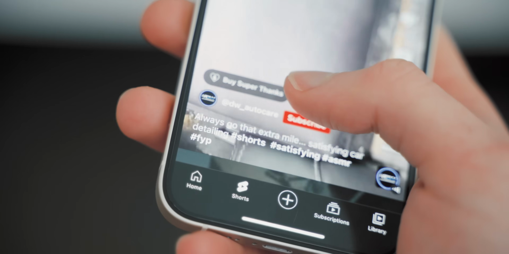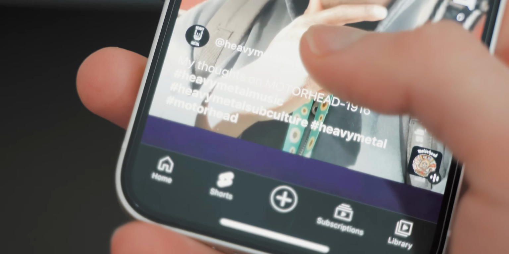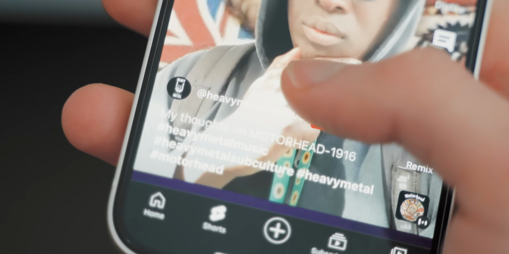However, there are two areas of the screen that you need to avoid putting stuff on. First off is the thumb dump. Down here where all the gubbins is. All the information's always at the bottom. Don't put anything down there. It'll get covered up by descriptions. Don't put stuff down there.